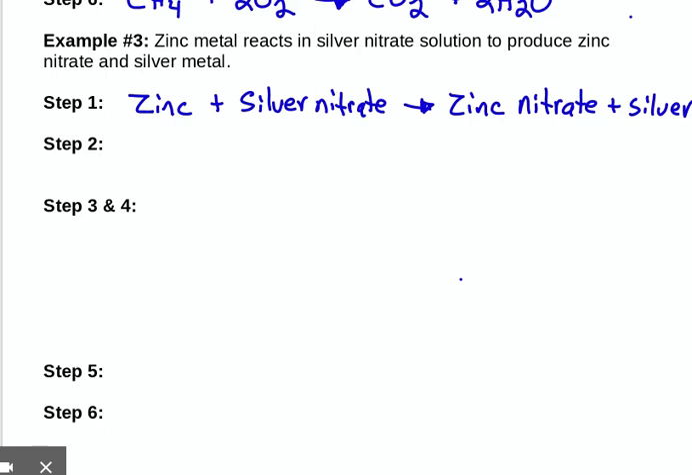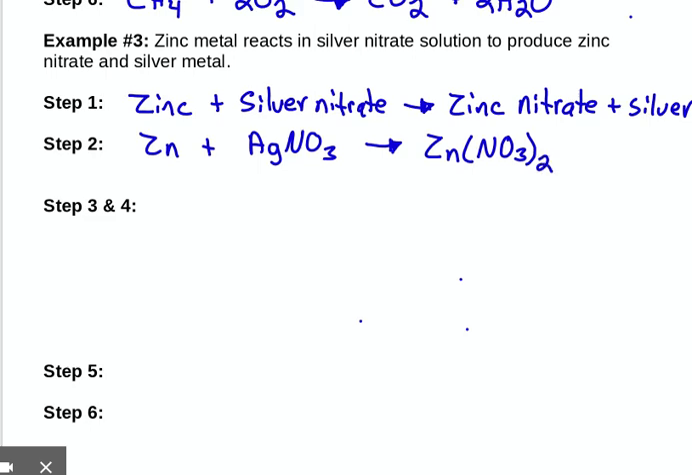All right, so let's see if you did it right. Zinc plus silver nitrate is AgNO3. Arrow means reacts to produce. Your zinc nitrate should be Zn(NO3)2 plus silver is Ag. So now I want you